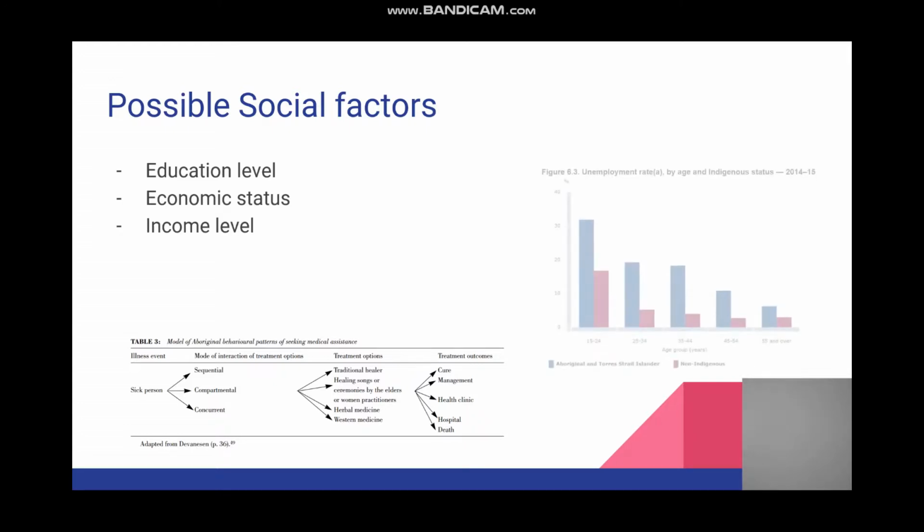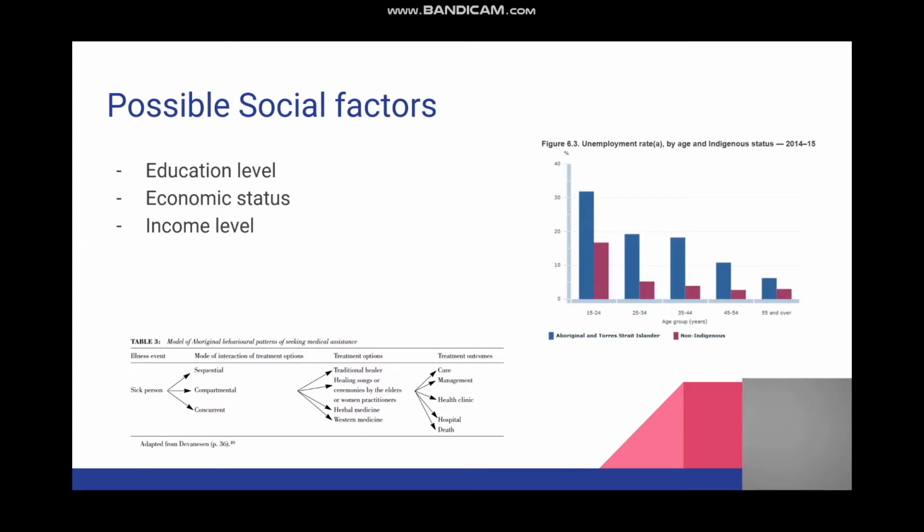And also, the unemployment rate of Aboriginal people is still higher than that of non-Indigenous people. The unemployment rate in 2014 to 15 shows that Aboriginal people remain nearly 3 times more likely to be unemployed than non-Aboriginal people. Additionally, a 36% lower rate of home ownership than non-Indigenous people is also another indicator. Concerned with the high living costs in major Australian cities, it makes sense that they wouldn't be spending money they do not have on proper medical treatments despite suffering from ill health.